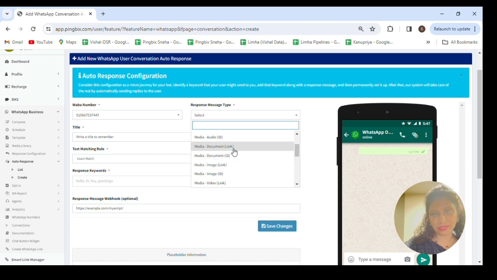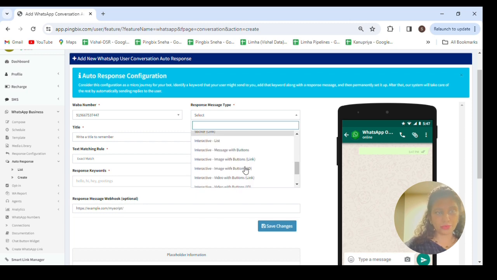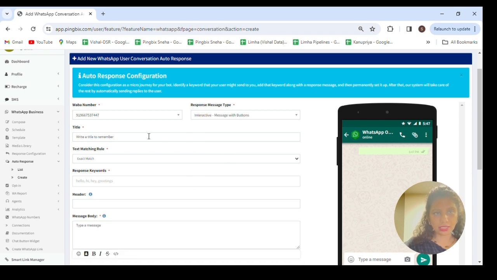We want a normal text to be going as information to the client, or a document. So you can choose it from here how you want it. So I'll just choose interactive message buttons as the option. Here we need to give a title like